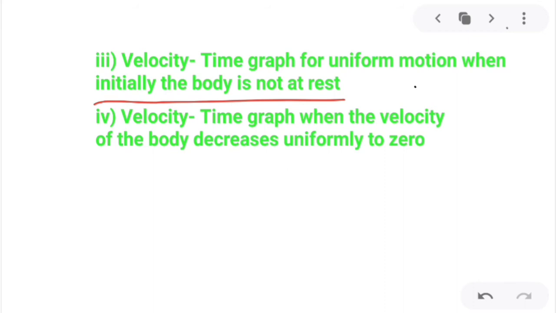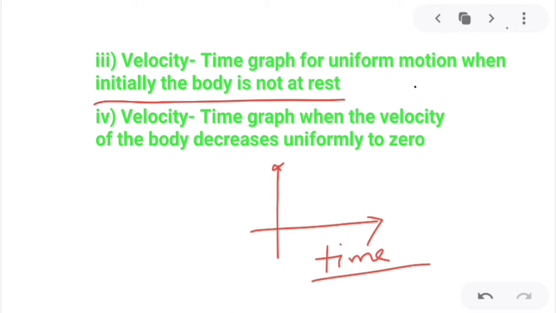Remember one thing, in the graphical method we will place the time in the x axis and another quantity on the y axis. Remember this, time in the x axis will be the time axis and the y axis will be either distance or velocity. A different quantity will be placed in the y axis.